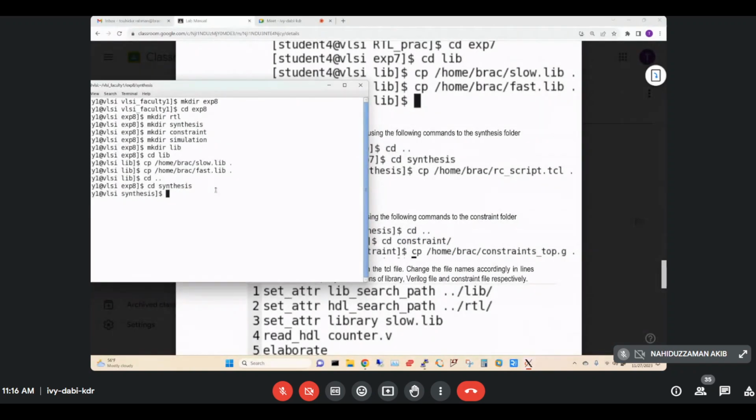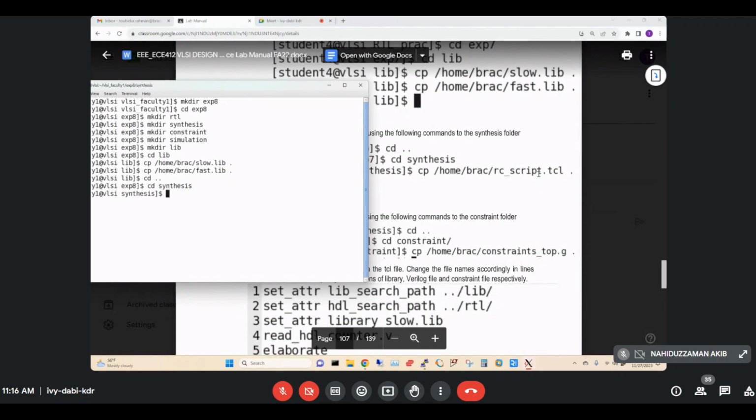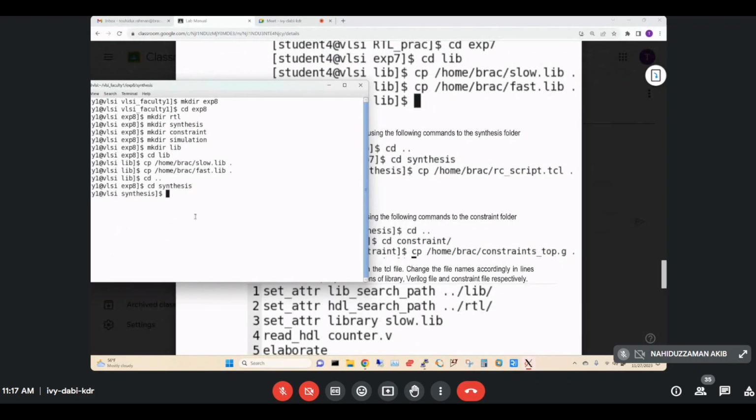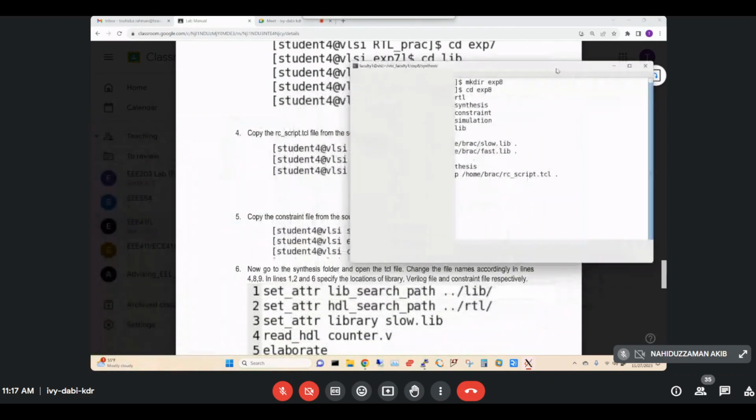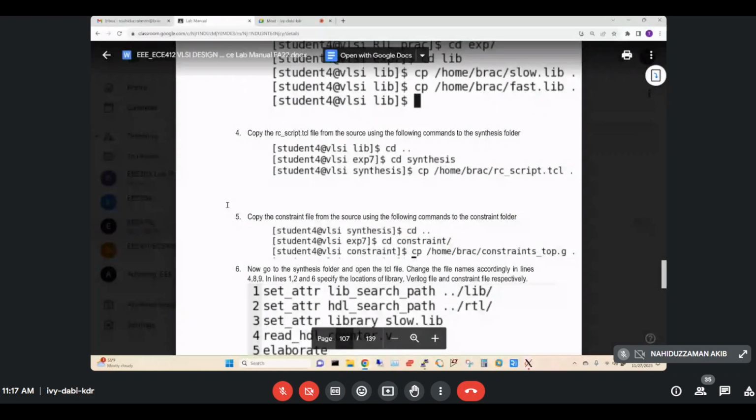We have to copy the file rc_script.tcl. The same command cp space /home brag then rc_script.tcl space dot and press enter. This file is also copied in the synthesis folder. Next step,